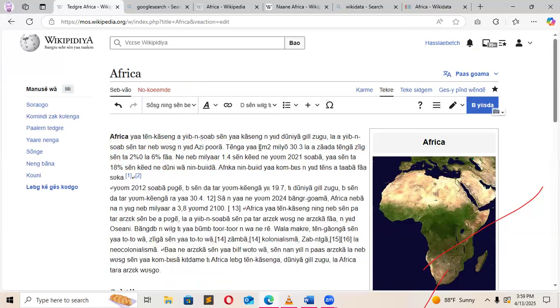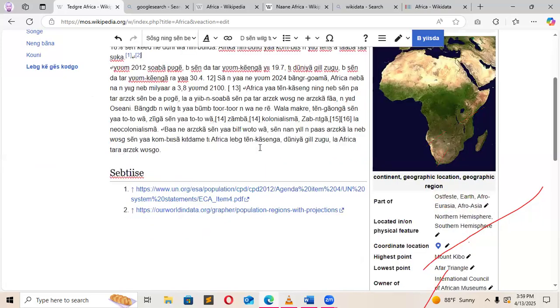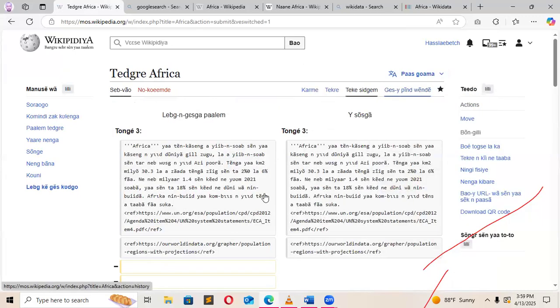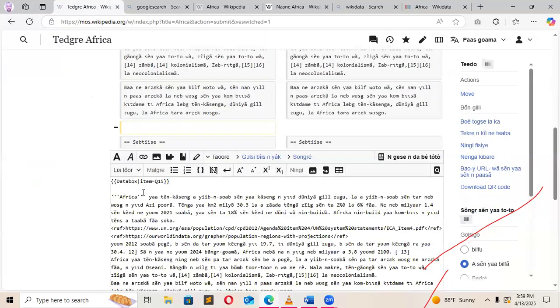So in summary, to write your article, you can just write it somewhere and copy and paste inside this site, or you can just type directly into the site. You have learned how to put a data box. In the data box, we came to edit source, and in edit source we use the same thing that we use in incubator, data box /item.